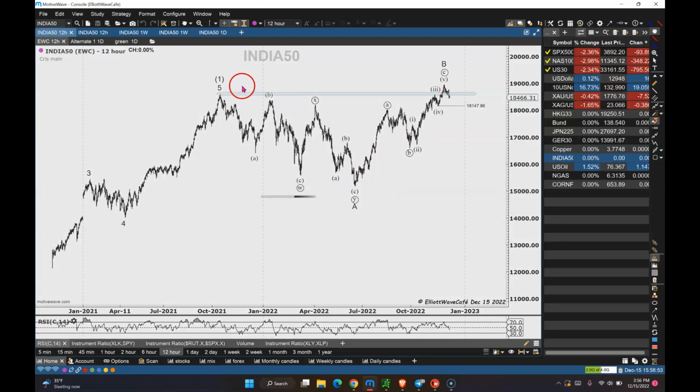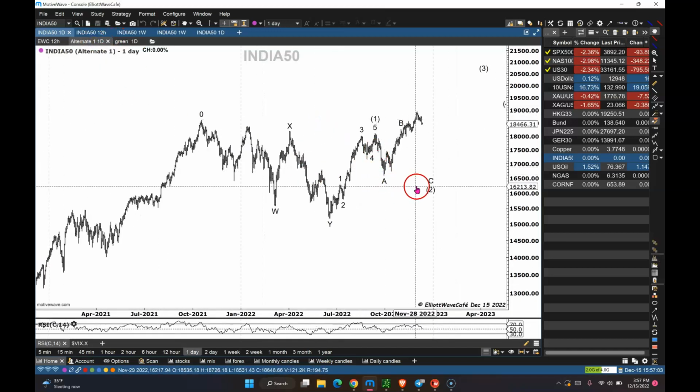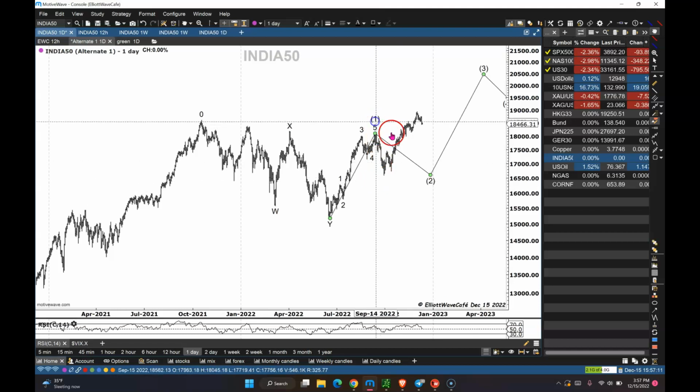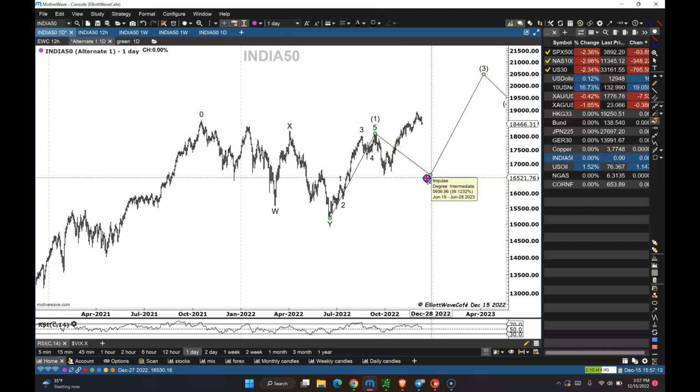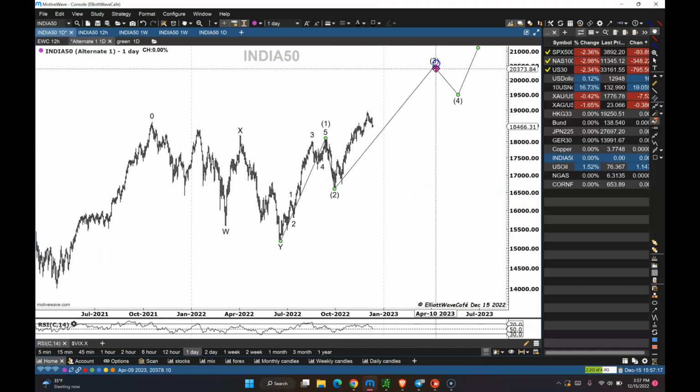And this is how India looks at a larger degree, right? A, WXY here in 3 waves, and then ABC for B, under the bearish scenario. And then the other one is, I was looking for a flat here, but since this is a 5-wave move, now this doesn't work. So what this is going to do is push this wave 1 like that. So that's a 1-2, and now this could become, again,